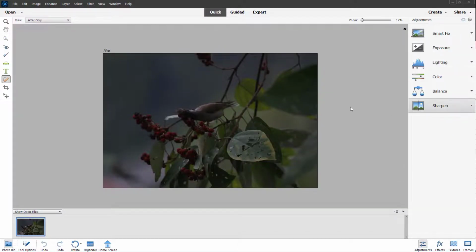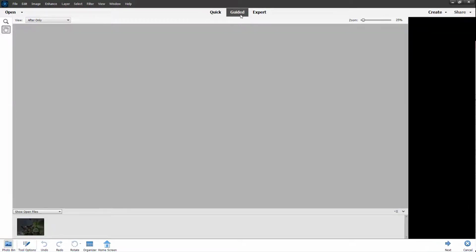So over here you can see that I have an image right here, but this image is not very bright. And let's say what I want to do is adjust its brightness and contrast. And especially when you're new inside of Photoshop Elements, you may want to use guided mode right here, which has